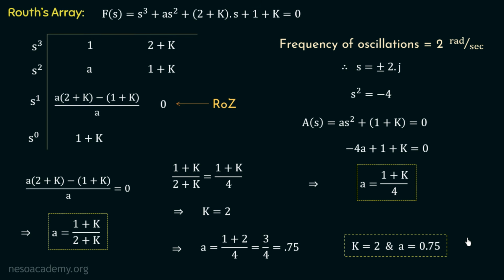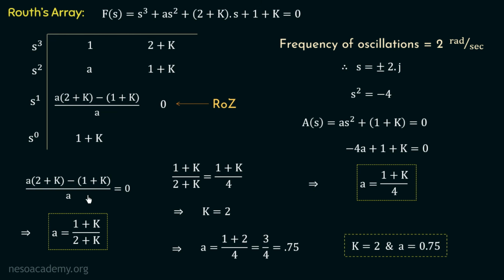In this problem, we were given that a unity feedback system oscillates at a frequency of 2 radian per second. And based on this fact, we were asked the values of a and k. So if the frequency of oscillations is given to us, we can conclude that the system is marginally stable. So firstly, we formed the characteristic equation of the system and then we formed the Routh array. After that, we know that the system is marginally stable if and only if there is a row of zeros. And we know the row of zeros only exists at odd powers of s. So we made this row a row of zeros by considering this term equal to 0.